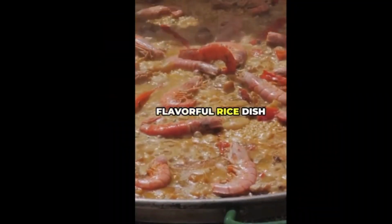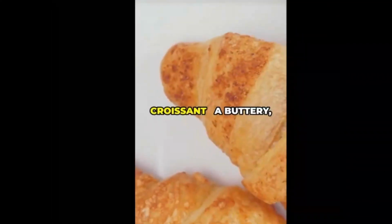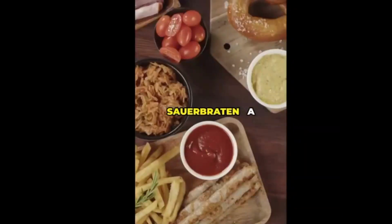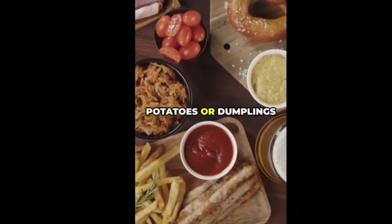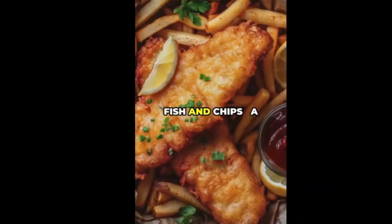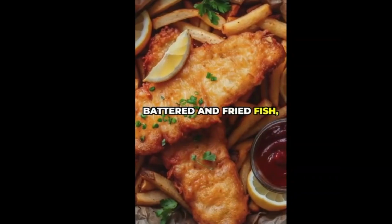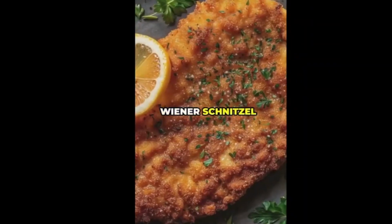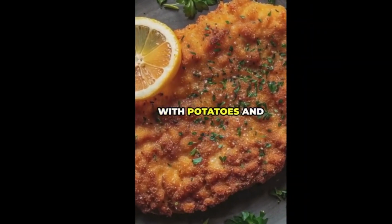Paella, a flavorful rice dish from Valencia, Spain, often featuring seafood, chicken, and saffron. Croissant, a buttery, flaky pastry that's often enjoyed for breakfast in France. Sauerbraten, a pot roast typically made with beef marinated in vinegar, onions, and spices, often served with potatoes or dumplings from Germany. Fish and chips, a quintessential British dish consisting of battered and fried fish, usually cod or haddock, served with crispy fries. Wiener Schnitzel, a breaded and fried veal or pork cutlet, traditionally served with potatoes and lingonberry jam